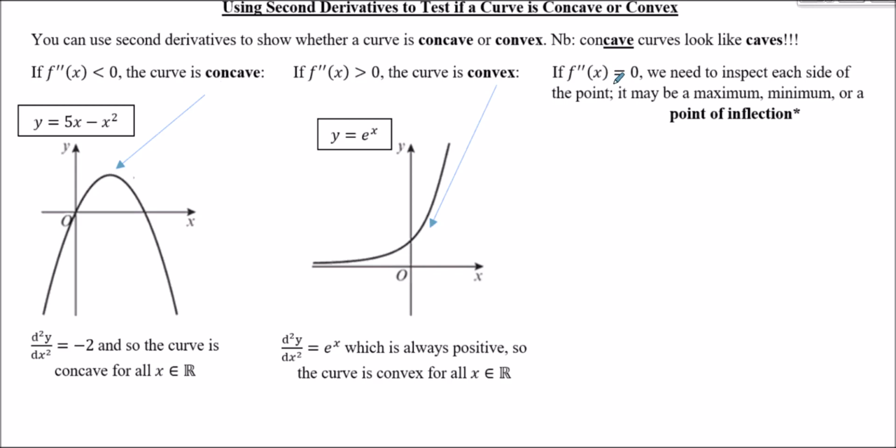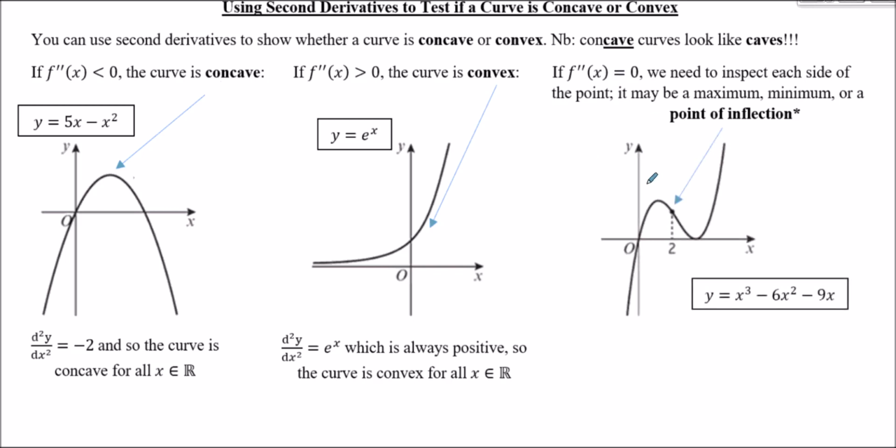And this is what I'm going to go on to and explain in a bit more detail in just a moment. Looking at this curve here, for example, this cubic, y equals x cubed minus 6x squared minus 9x. So if I take the first derivative, x cubed goes to 3x squared, 6x squared goes to 12x, so that goes minus 12x, and minus 9x differentiates